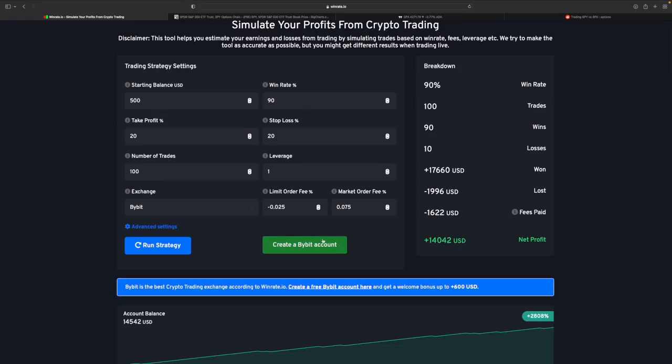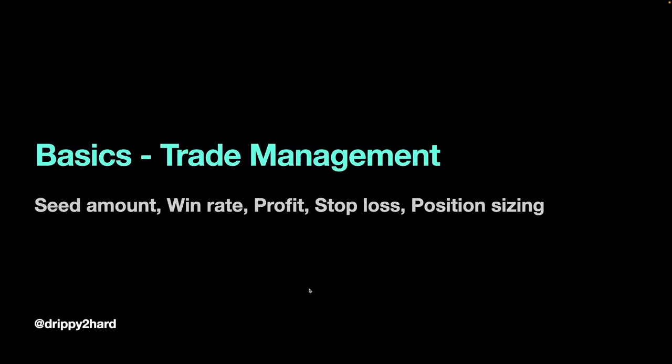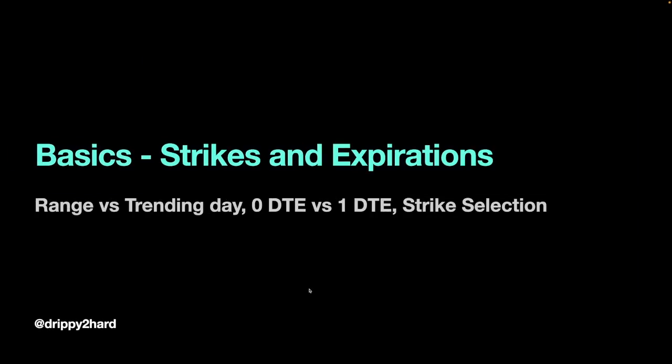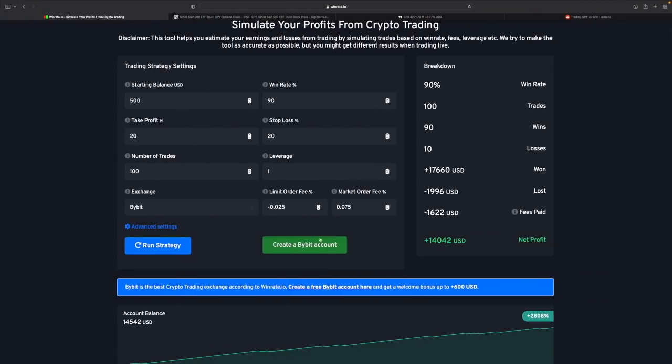All right. So let's move on to the next thing, which a lot of people will have questions on: what strikes and expirations to use? This is where, if you go back to this, let's say you have a very tight stop, 20%. Now 0 DTEs can move a lot, especially after 1 p.m. So a 20% stop is nothing, it can go to 50% in an instant.